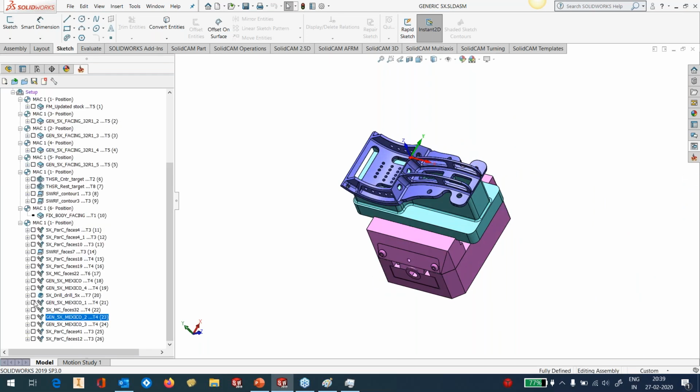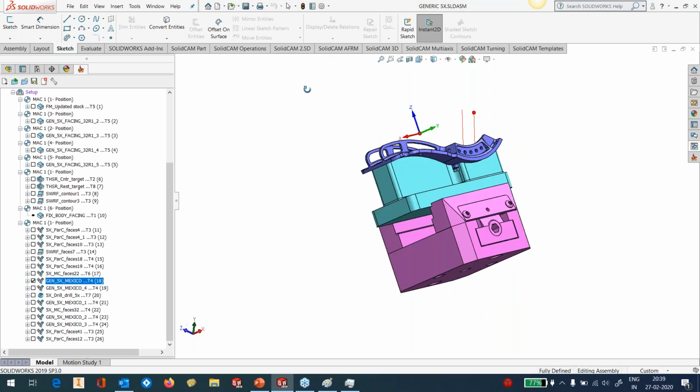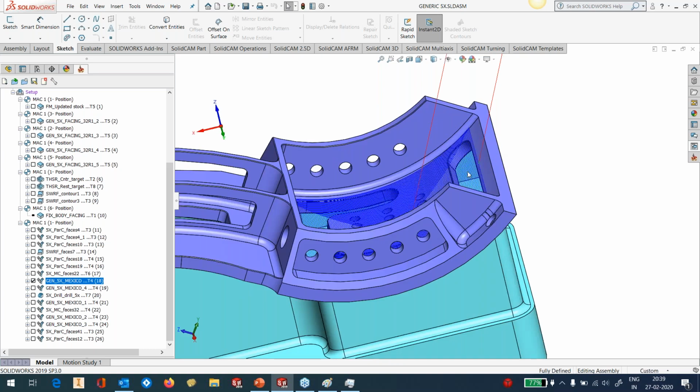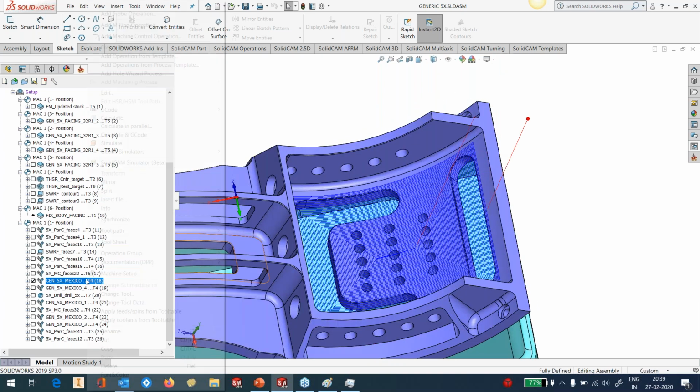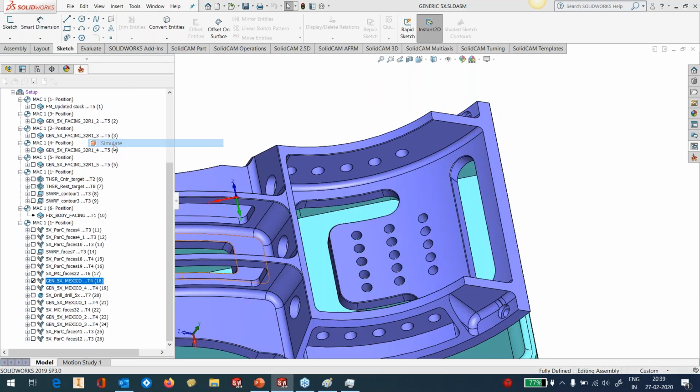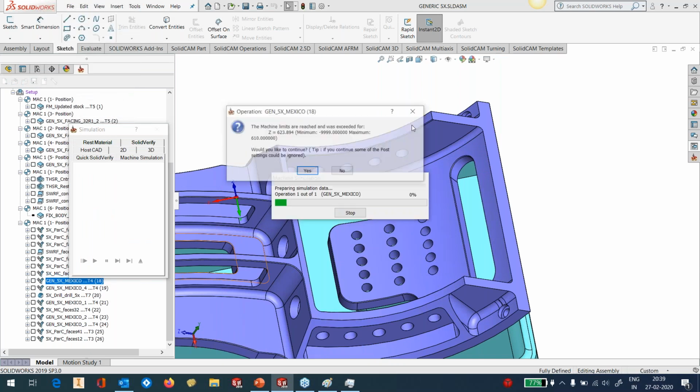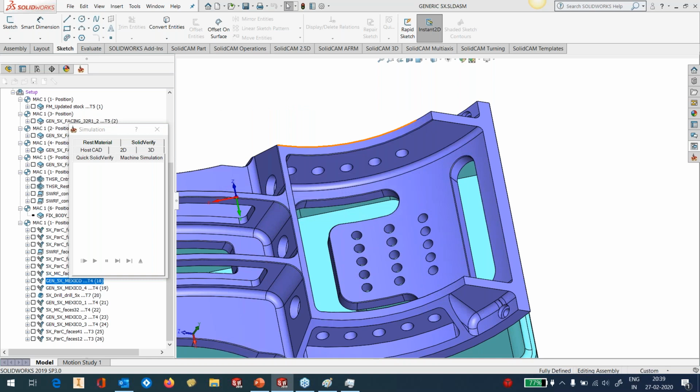Sorry, not this one. You can see what happens here once you define that. If I go into the simulation and go into the machine simulation, yes, because of the automatic clearance plane,